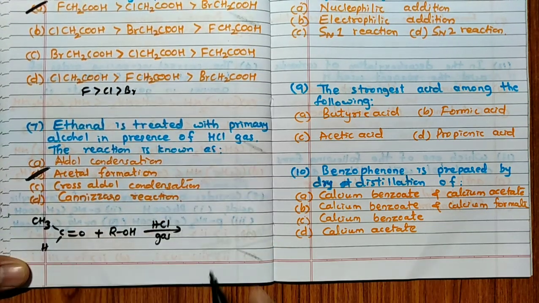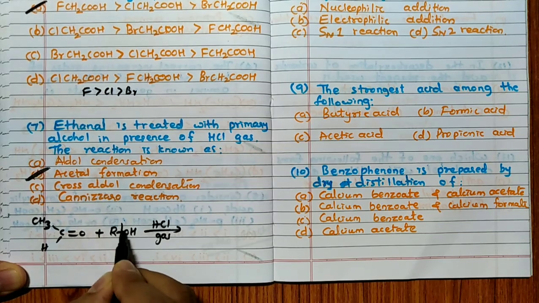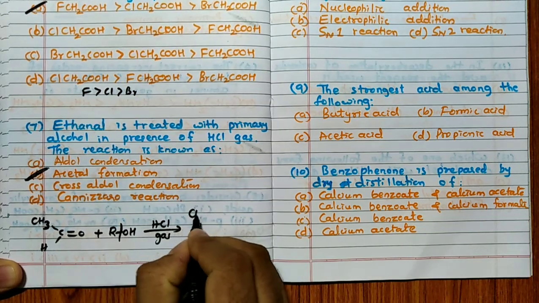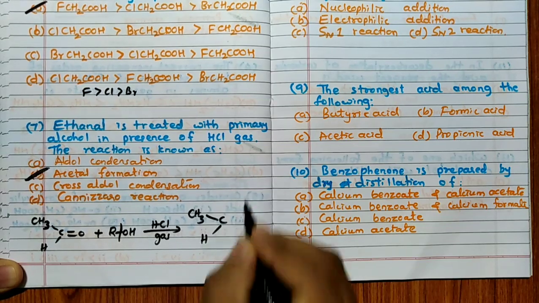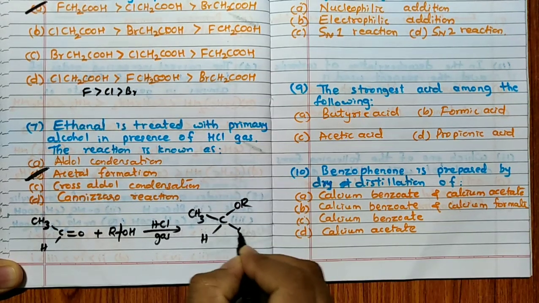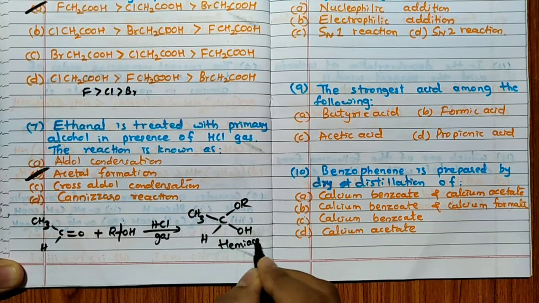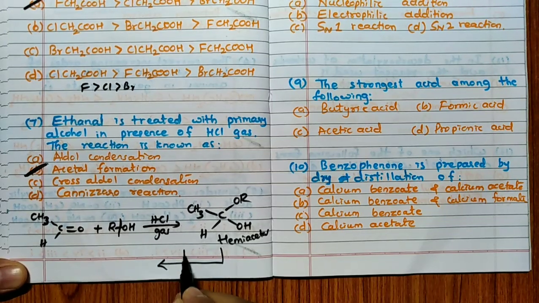See here. So first it will form hemiacetal. Hemiacetal means what happens? In this particular case, remember, the R group from ROH will attach to oxygen to form OR, and OH attached to this carbon. So for example, like this: CH3CHO, in the addition reaction, it becomes CH3CH(OR)OH. This we call hemiacetal, right? Further, remember, it will react with another molecule of ROH.